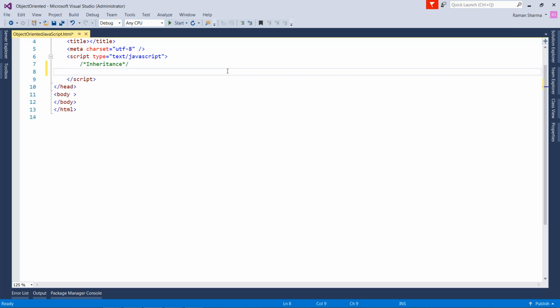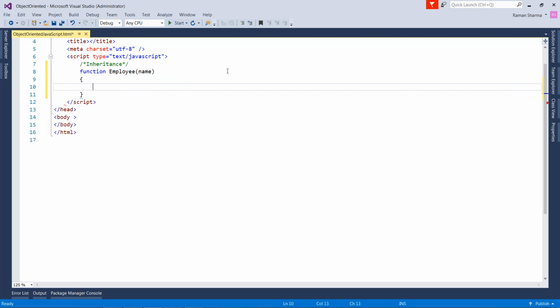So let me start. As an example, I have a function called employee, and the function has a parameter, in this case name, and I'm saying this.name = name. Now, every function has two types of objects. One is the function object and the other is the prototype object. That prototype object basically points to the